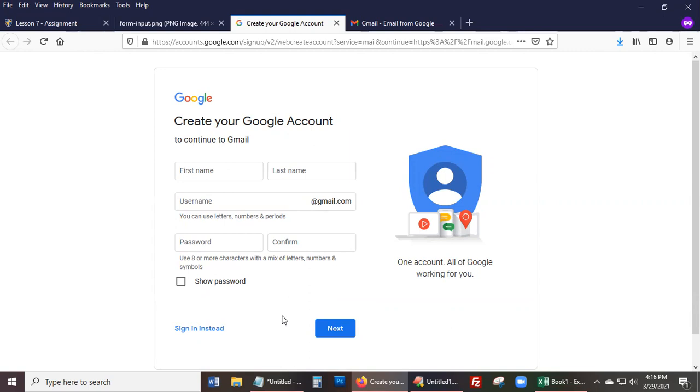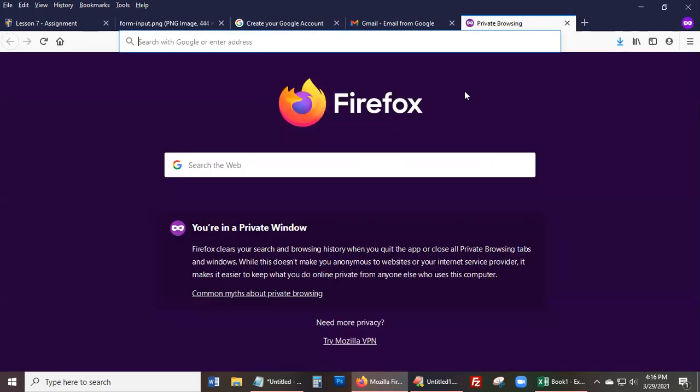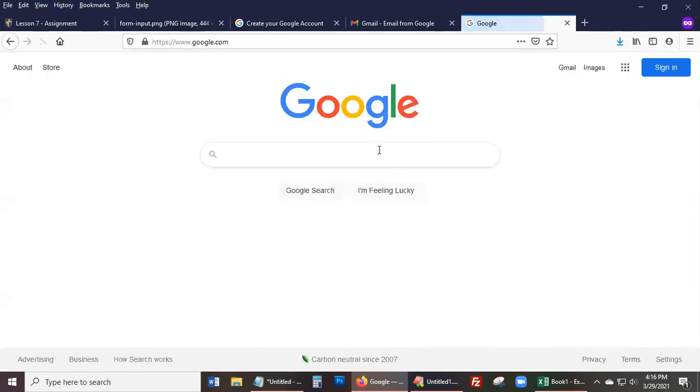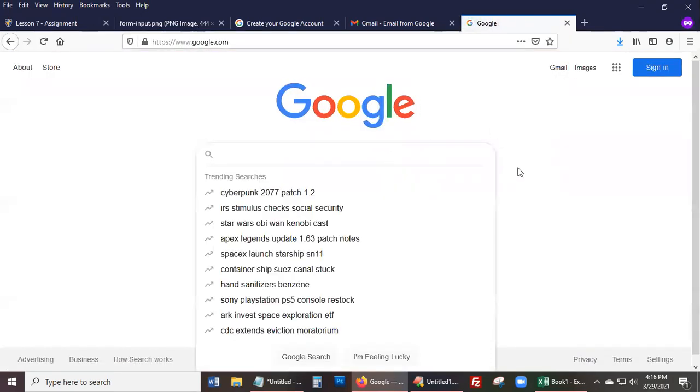We also have forms that are used to search. Like if you go to, obviously, we all use Google, right? So you go to Google's website here. Now, a lot of people think that